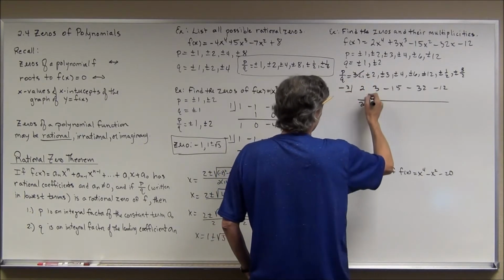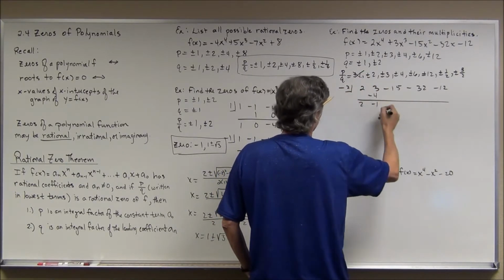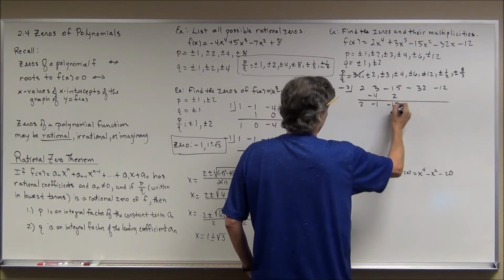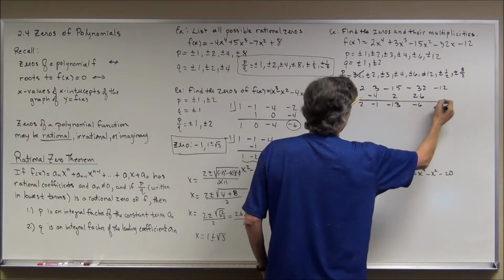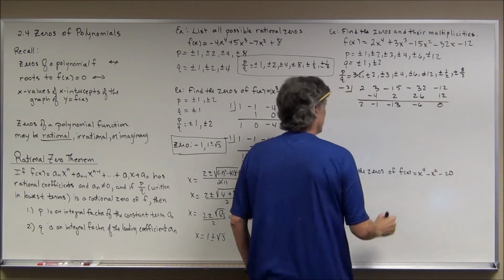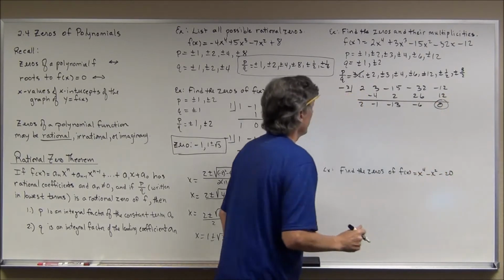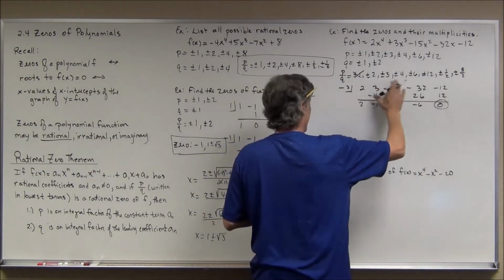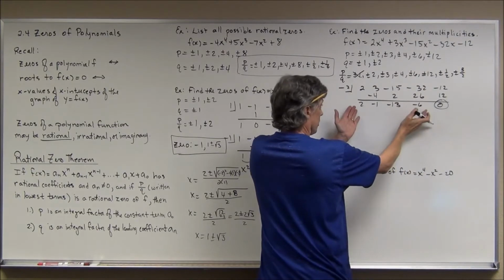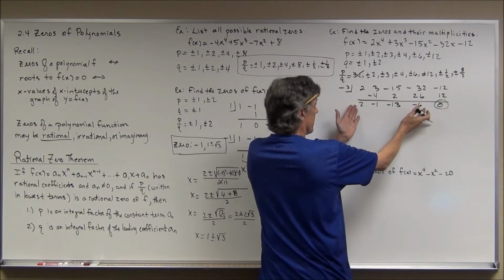So 2, that'd be negative 4, that'd be negative 1, that would be positive 2, that would be negative 13, that would be 26, that would be negative 6, that would be positive, oh, thankfully, I hit one. So I have a 0 of negative 2. Now, don't go back to the original, go back to what needs to be broken down beyond this, because remember